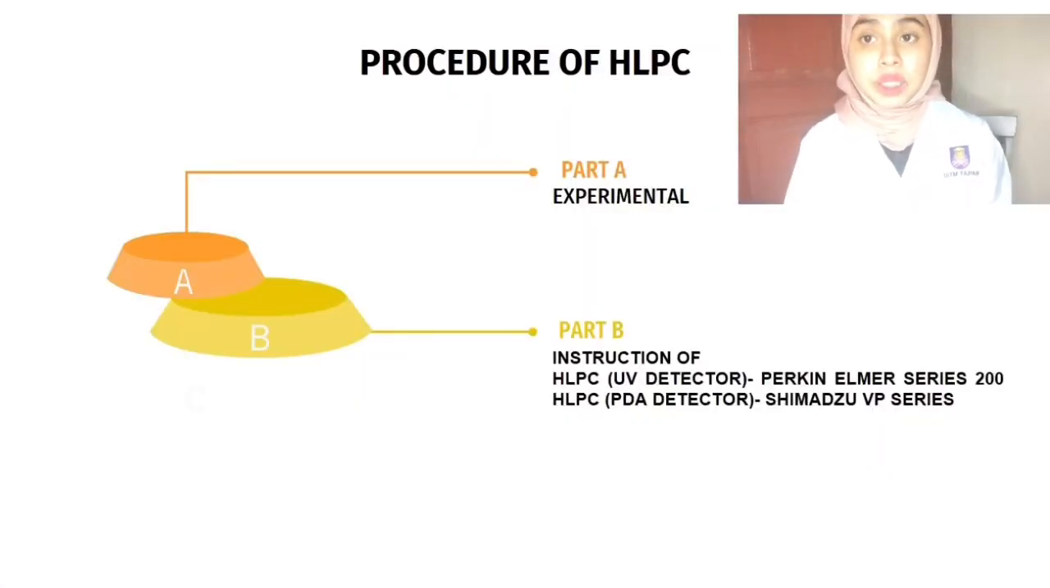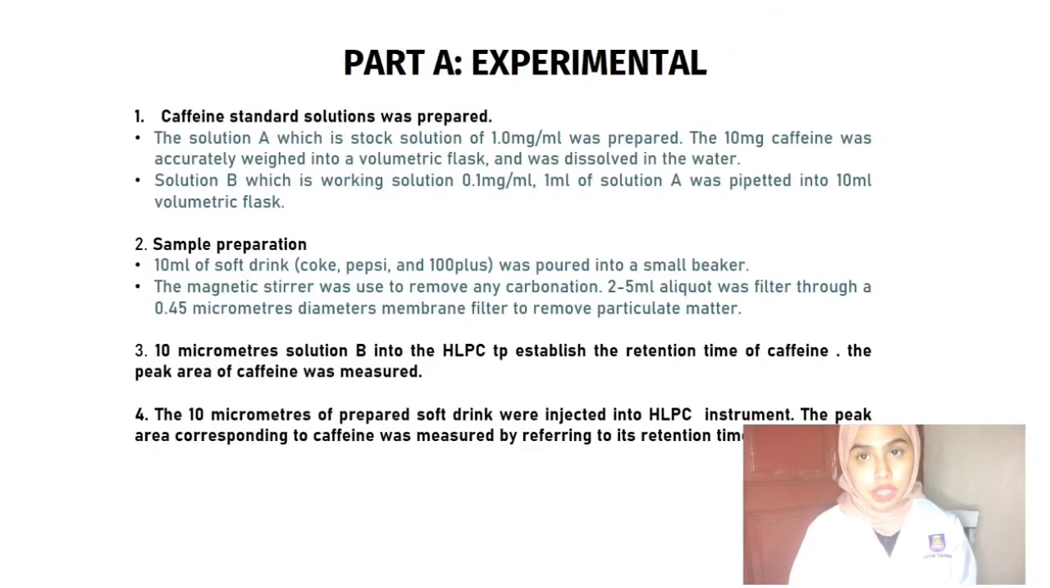For this experiment, the procedure has two parts, which are part A and part B. So we will go for part A. Part A we call experimental. Firstly, the caffeine standard solution was prepared. Solution A, which is a stock solution of 1.0 milligram per milliliter, was prepared. 10 milligram of caffeine was accurately weighed into a volumetric flask and dissolved in water. Next, solution B, which is the working solution of 0.1 milligram per milliliter,